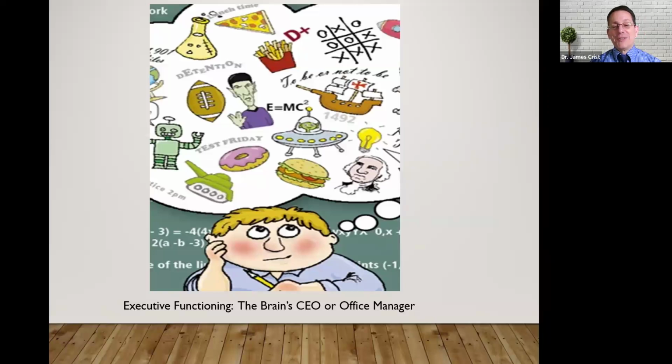The brain CEO or office manager, I just put this little picture on there to keep in mind all this stuff that's going on in the brain of somebody with ADHD. It also seems to be one of the reasons why it's difficult for many kids with ADHD to go to sleep at night, because they're thinking about all sorts of different things. And if you imagine this in a classroom setting, you can see why it would be more difficult to stay focused on one thing, because your mind is going to all sorts of different ideas. It is very difficult to keep bringing it back consistently to what you're supposed to be focusing on.